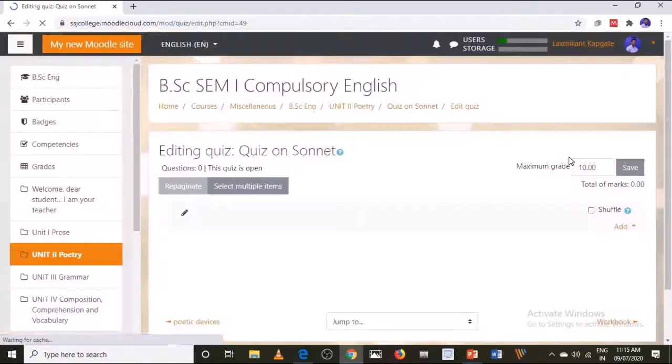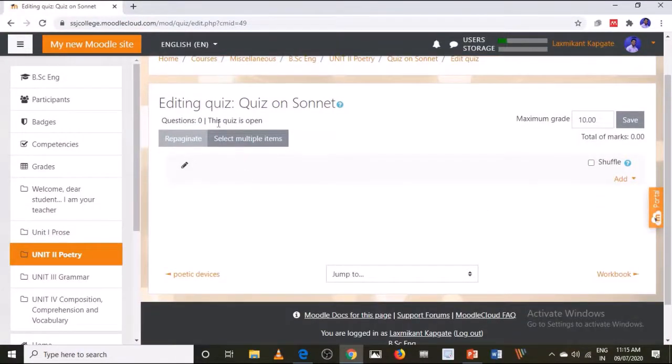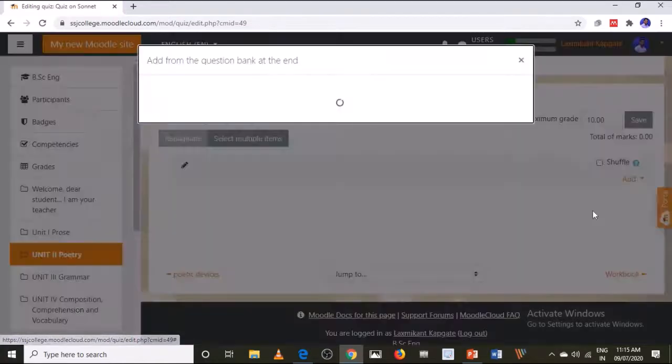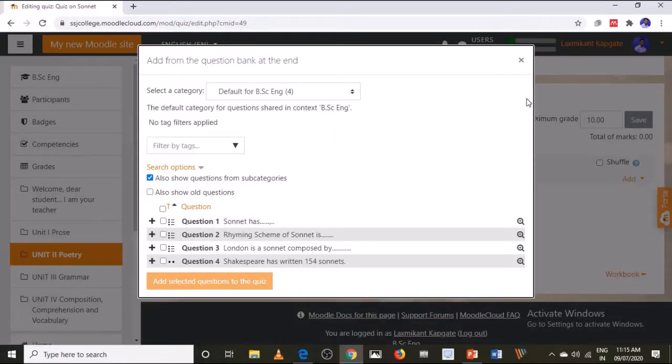Just after clicking that, now you can add the questions from this option. So on this page you will find maximum grade is 10, save, multiple questions. There is one option you can see here, the add button. So there are three options. From the second option, from question bank, because we have created question banks, I will choose the questions from that.